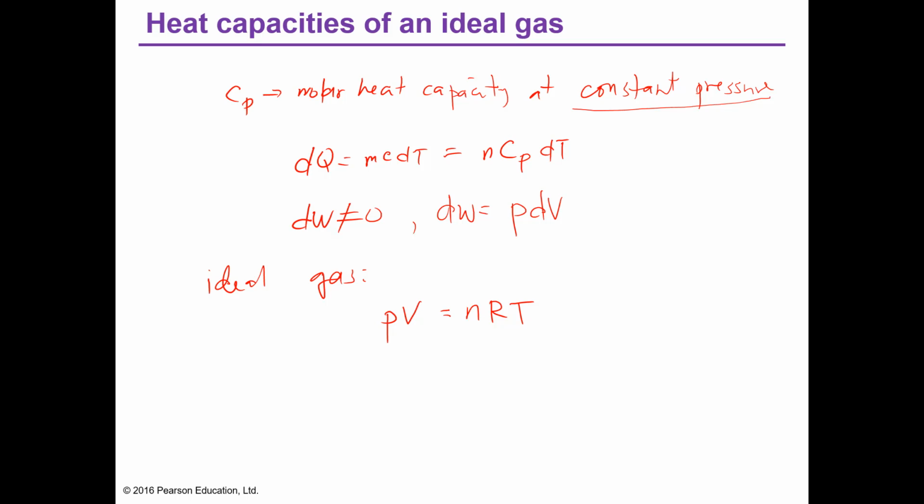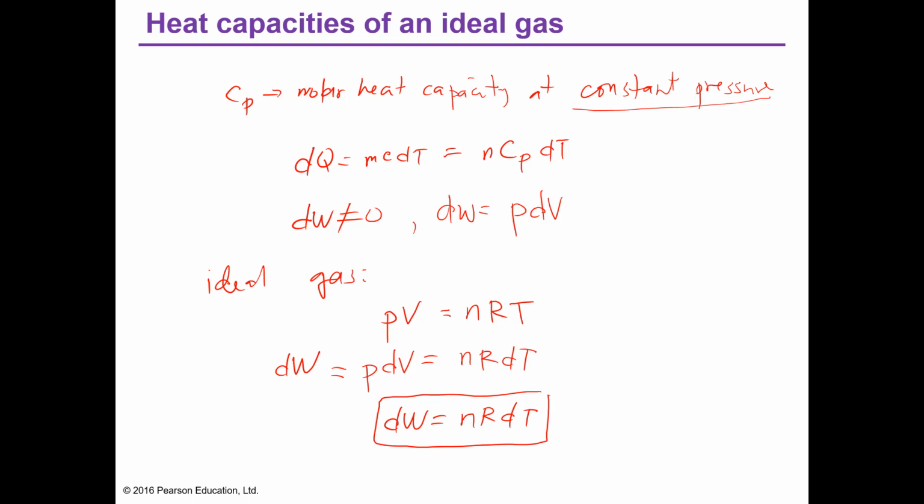If your volume will change, your temperature will also change. So we have this. You can write this as PdV, the change in volume. This is equal to nR, only the temperature will change, not the pressure, because pressure is constant. So therefore, you can write the ideal gas equation as PdV is equal to nRdT. And what is PdV? PdV is just the change of work. So therefore, the work can now be written in terms of temperature, take note, as nR